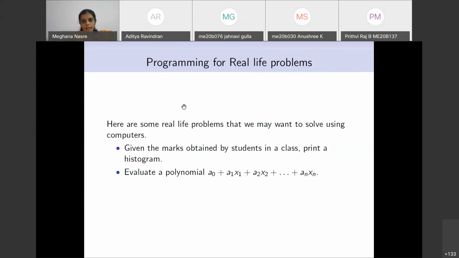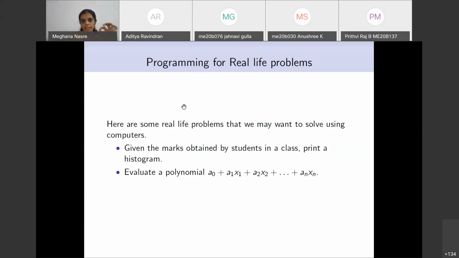This task asks us to evaluate a polynomial. This polynomial is of this abstract form, which is a0 plus a1 x plus a2 x squared and so on. I'm sorry, I should have written a2 x squared and so on. It is not a2 x2, it is a2 x squared plus a3 x cubed and so on. I'll correct this in the slide. This is what we want to evaluate.